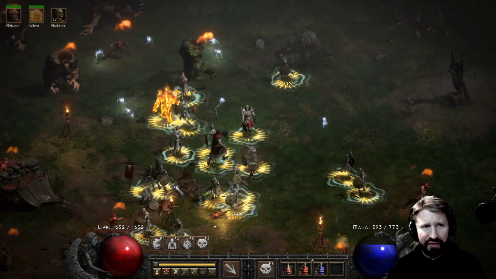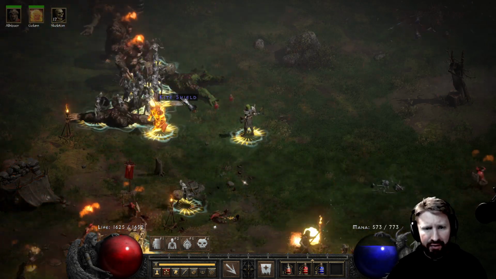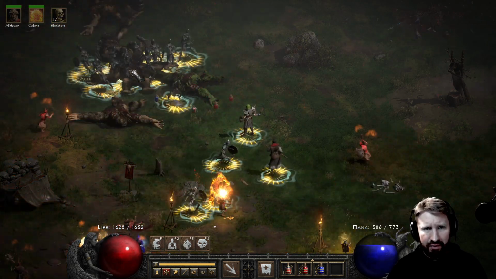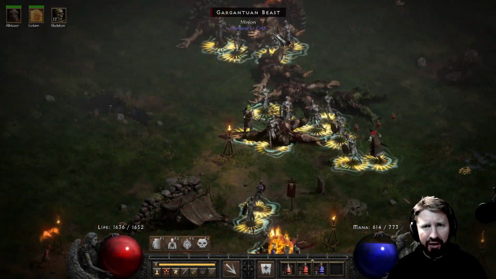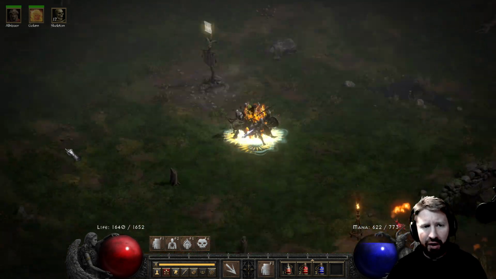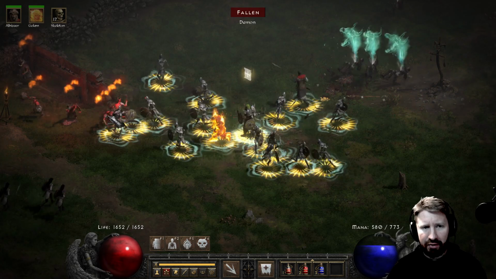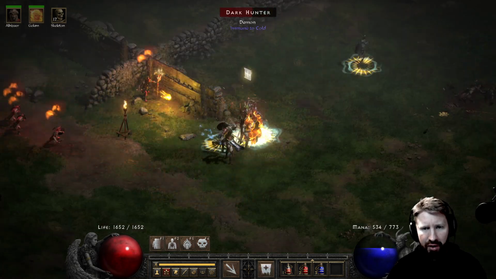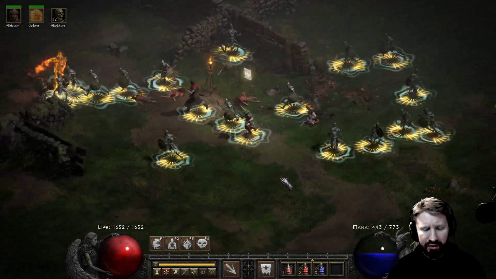I'll probably be able to get a few corpse explosions in. Oh my god. Oh my. This is a basic. Look at him go. But here now. Get a kill in. Do a corpse explosion. The corpse explosion is just going to destroy. So there's some corpse explosion, but...